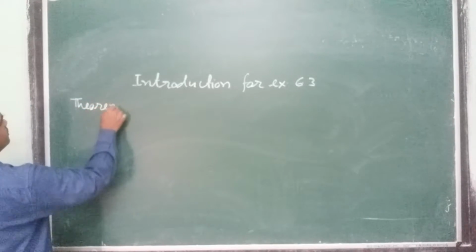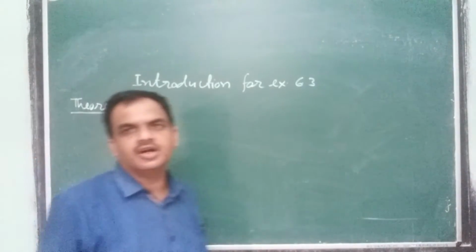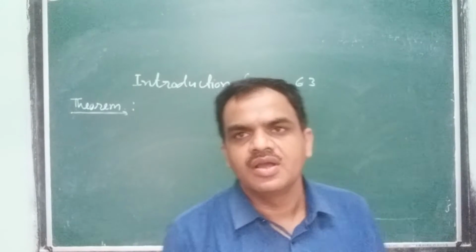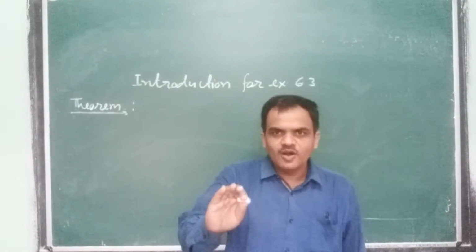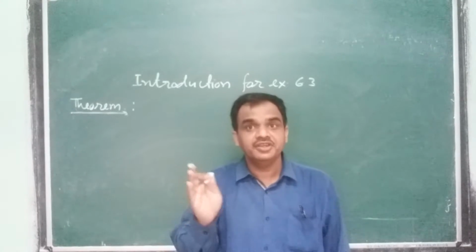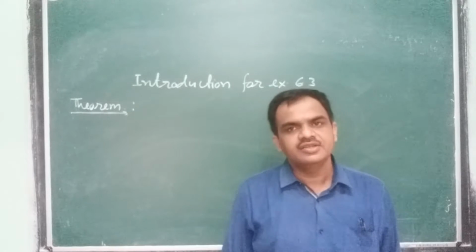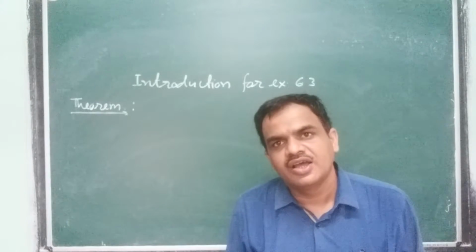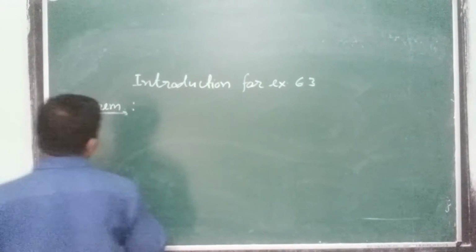The first theorem is the angle sum property of a triangle. This theorem states that the sum of three interior angles of a triangle is 180 degrees. This is known as the angle sum property of the triangle. So let us write the statement here: